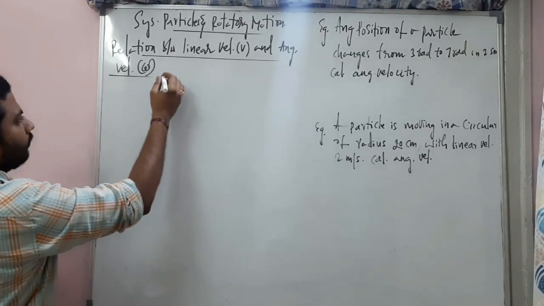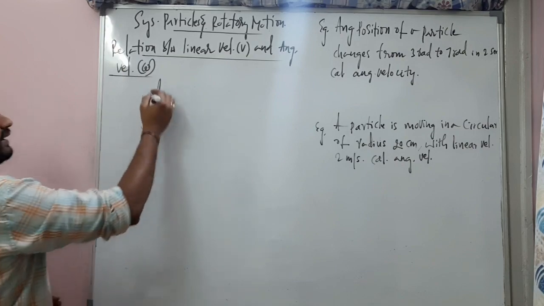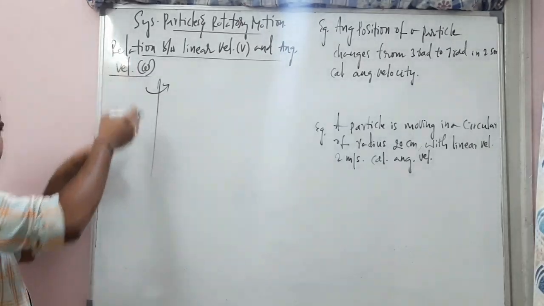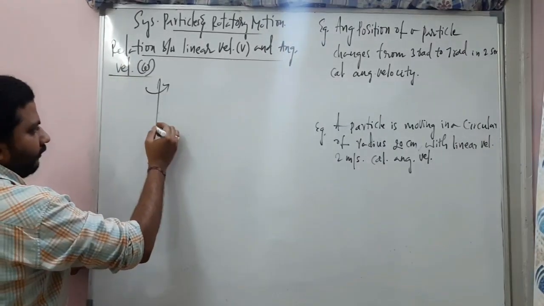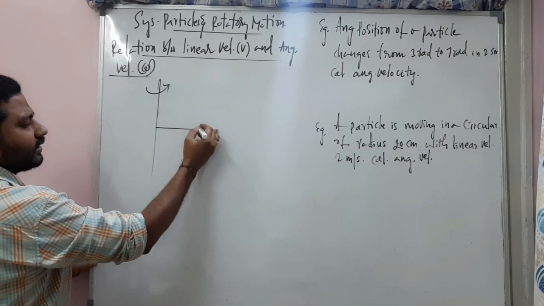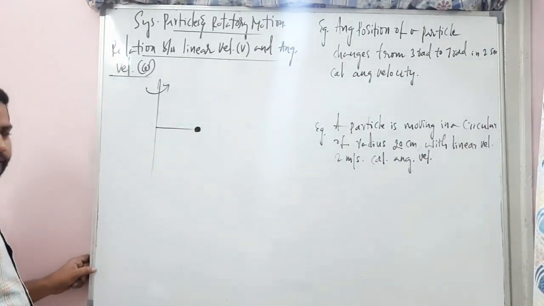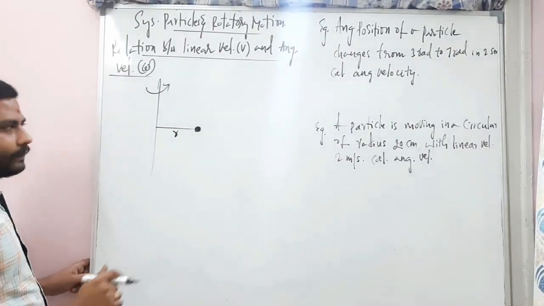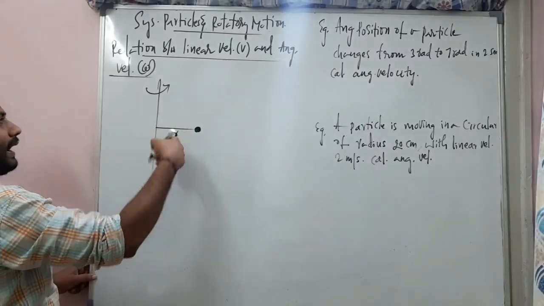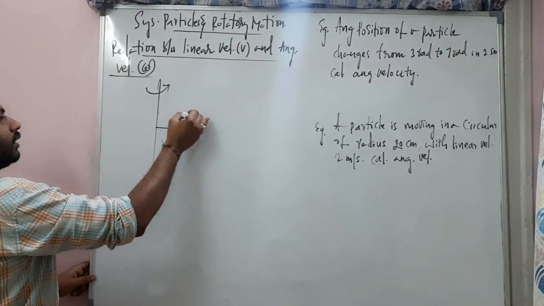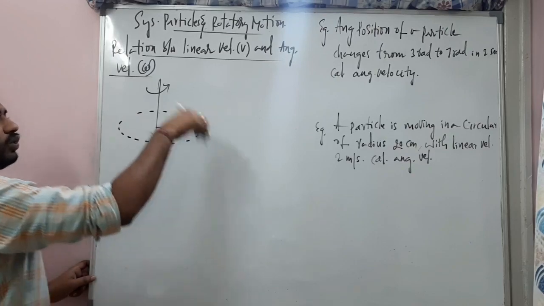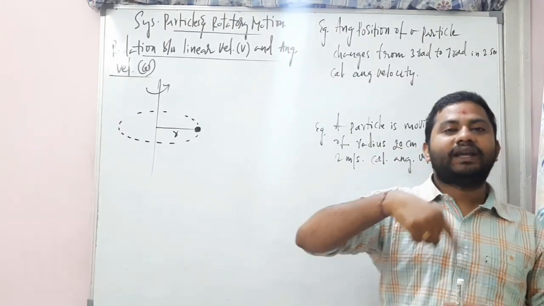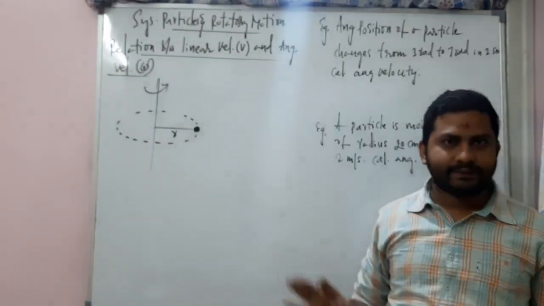We know, imagine this is an axis of rotation. Let me say it is a rod with a wire. There is a stone connected to this wire. The radius of this rope is r. This is the rod. And about this rod, the stone is moving in a circular path. The stone is rotating about this axis.